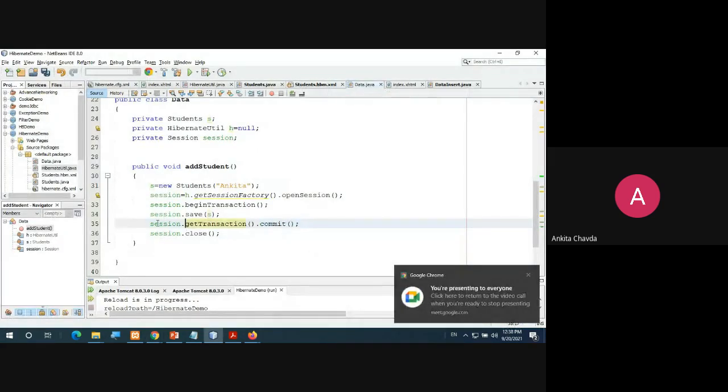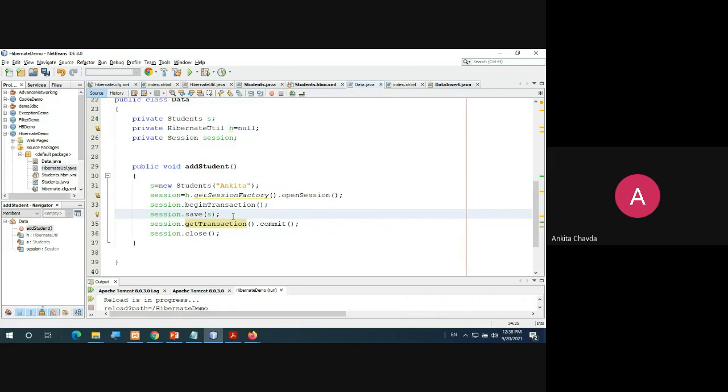So session.getTransaction().commit(). Once you do this commit, only then will the data be inserted. And finally, you close the session. That's it. This many things only you write in the Data.java file.